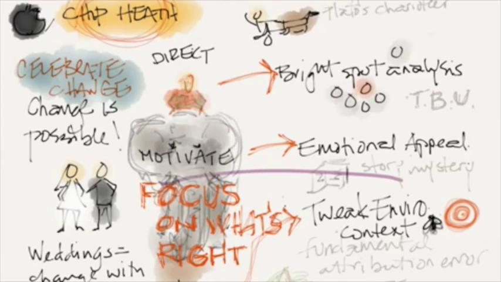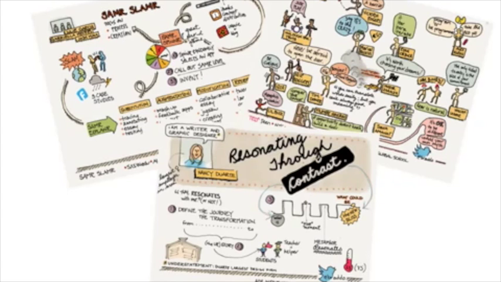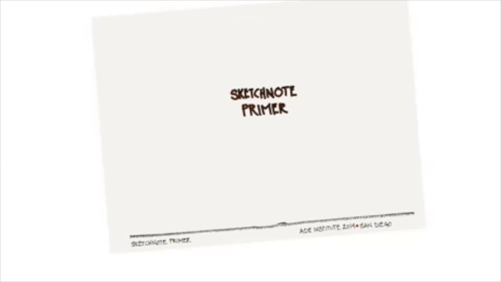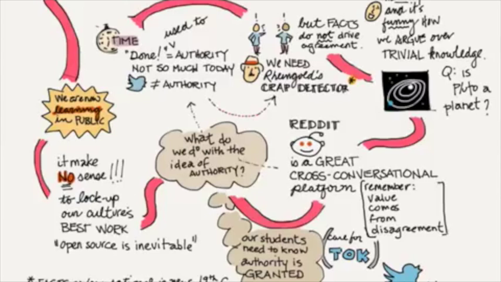The second reason is to show you that sketchnoting is a learned skill. This is what I was drawing like 2 years ago, and this is what my drawings look like today. So, how do we get from something that looks like this, the dreaded blank page, to something that looks like this? This is the second page of a sketchnote I was making at David Weinberger's keynote at Alan November's Building Learning Communities last year. Now, all sketchnotes, even a fairly complex one like this, really only have 5 elements on